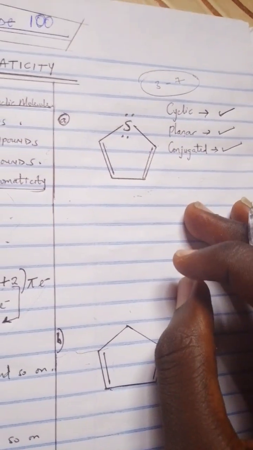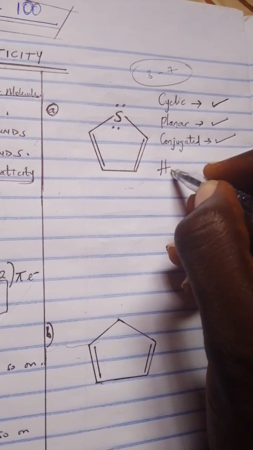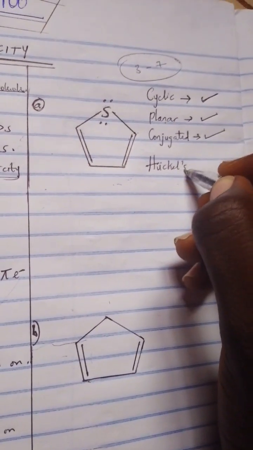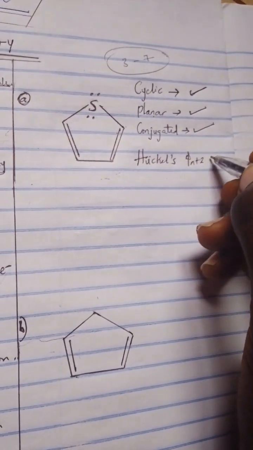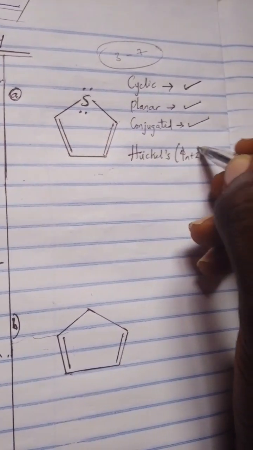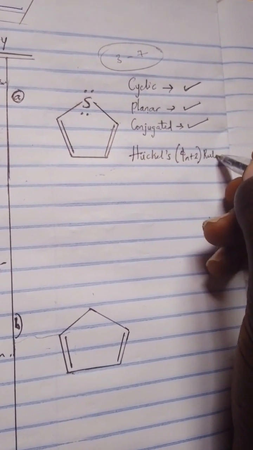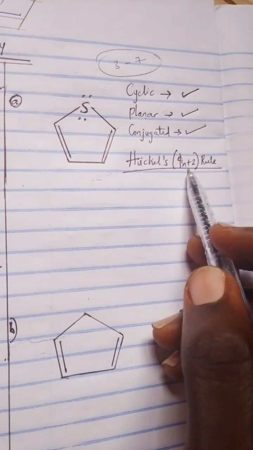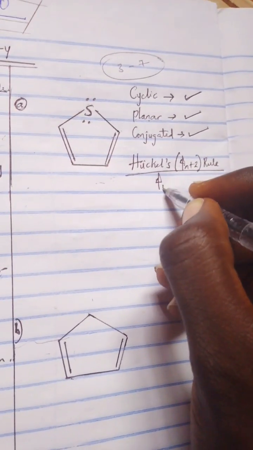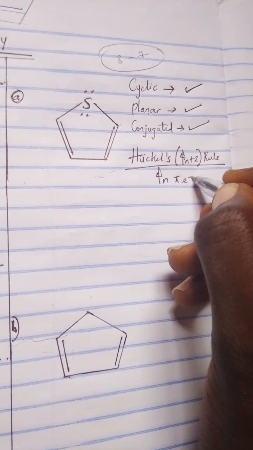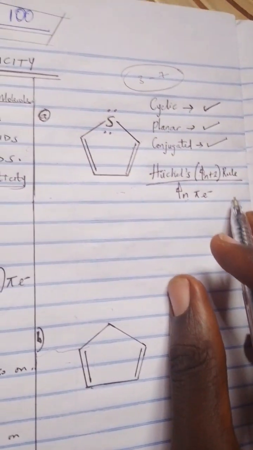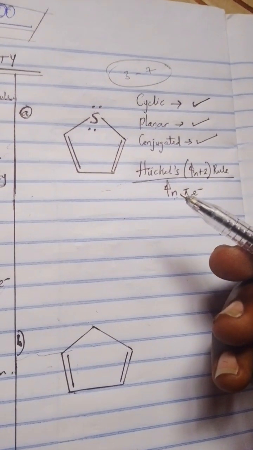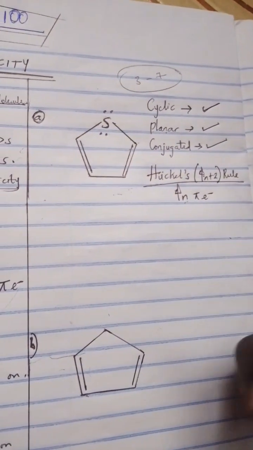Now the mathematics goes to: does it follow Huckel's 4n plus 2 rule? Once it follows this one here, it is aromatic. But once it follows this one here, it is what? Anti-aromatic. Now let's check. For us to know what pi electrons are,